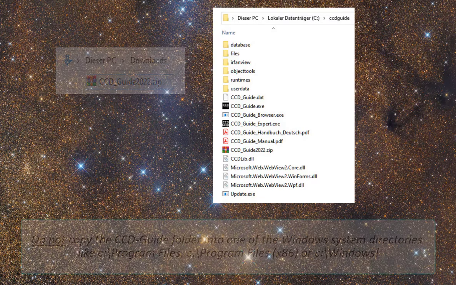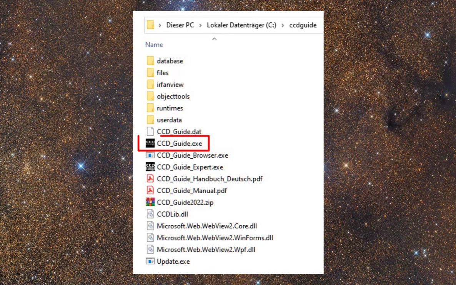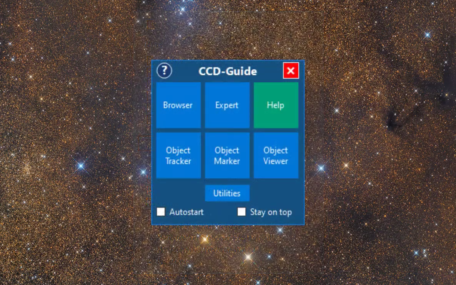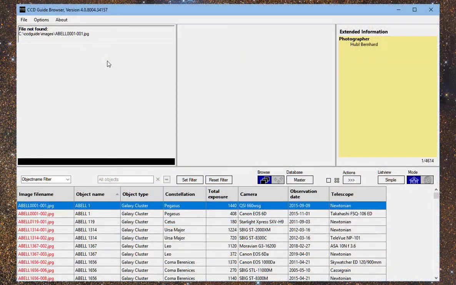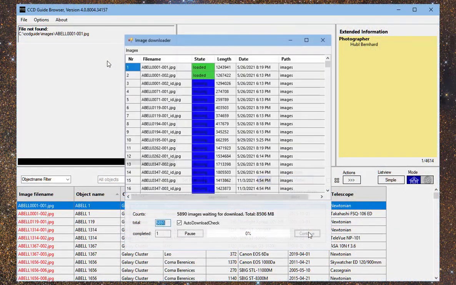The second step is to start the CCD-Guide exe with a double click. The CCD-Guide exe window opens, in which you click on the browser button. At the same time as the browser window opens, the image downloader window appears with which you can download the